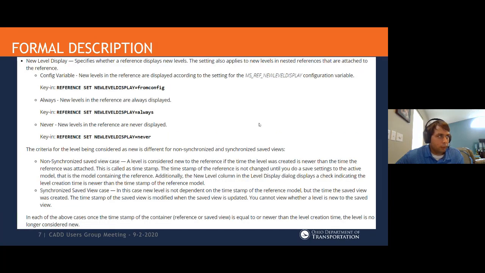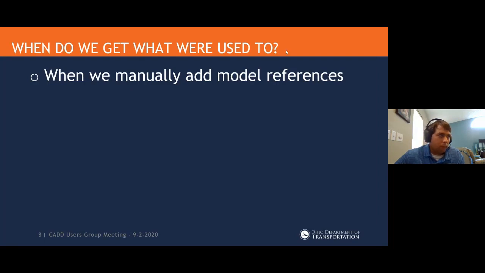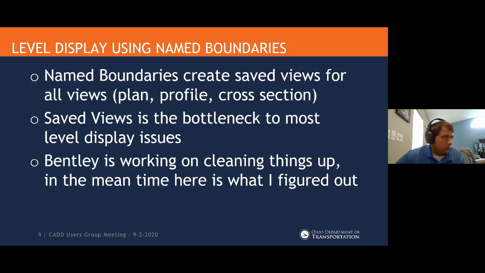But to save time, I'm going to jump past these. Same thing for the new level display; I pulled that from the help as well. So when do we get what we're used to? When we manually add references, basically not using name boundaries.